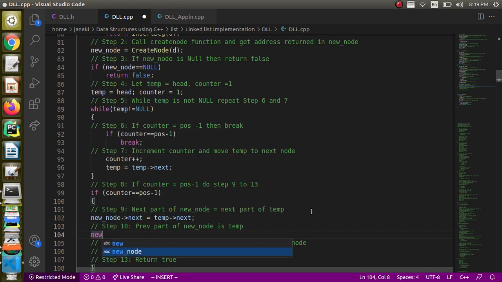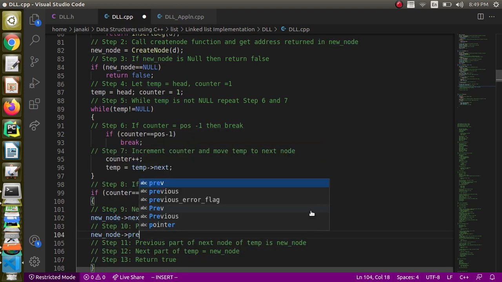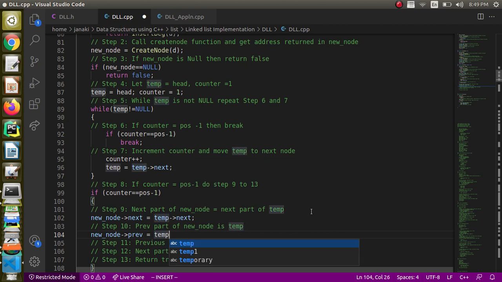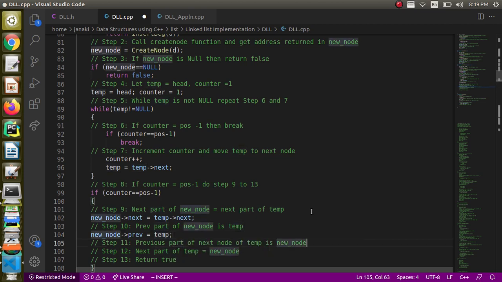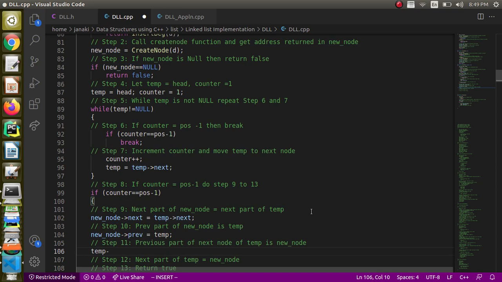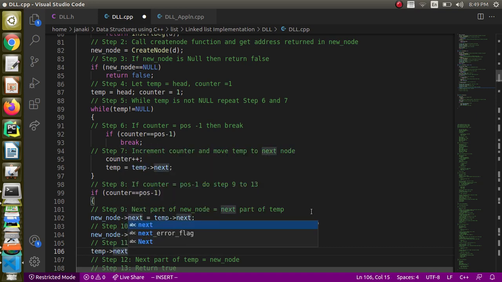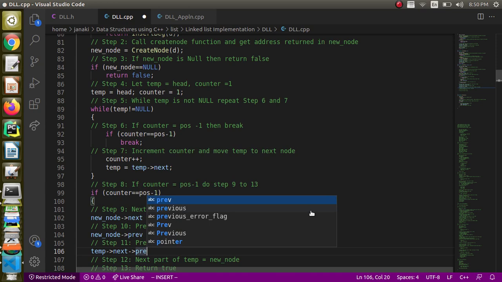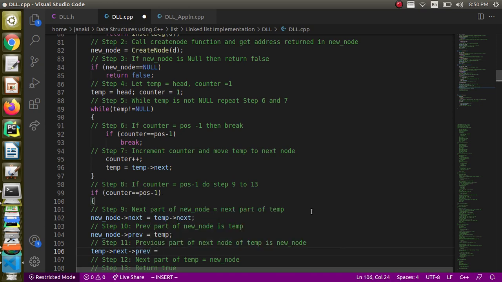So new node previous is equal to temp, right? And the previous part of the next node of temp, so temp next previous is equal to new node,